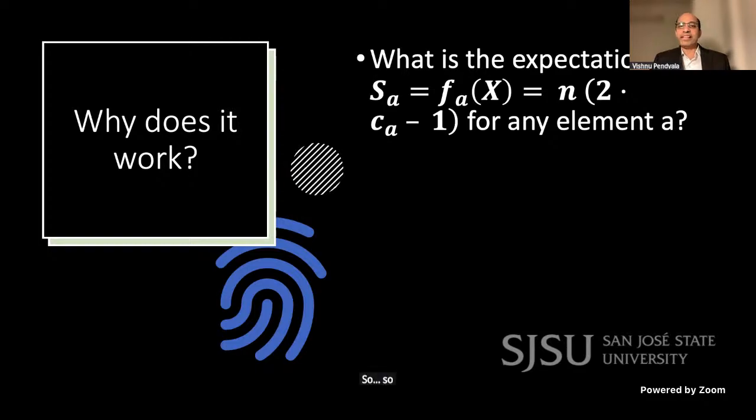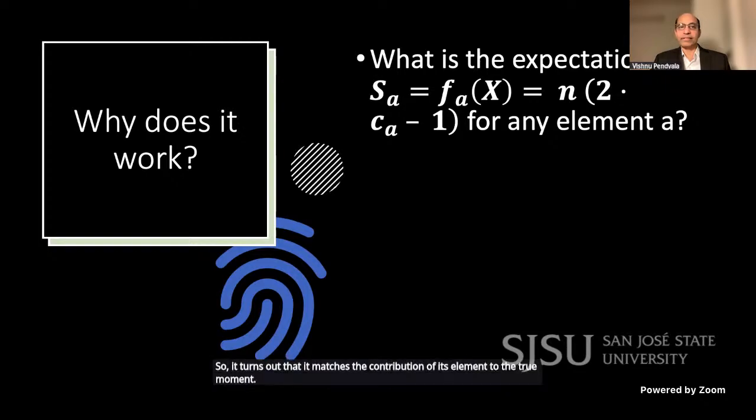Here we reason through expectations, right? We want to compute the expectation of the frequency squared, which is the second moment. It turns out that it matches the contribution of its element to the true moment. So this element Ca,